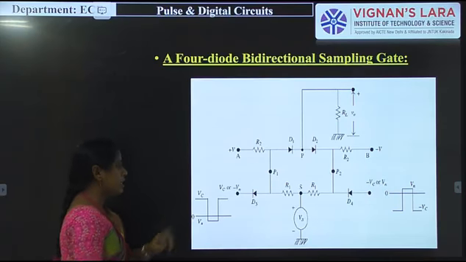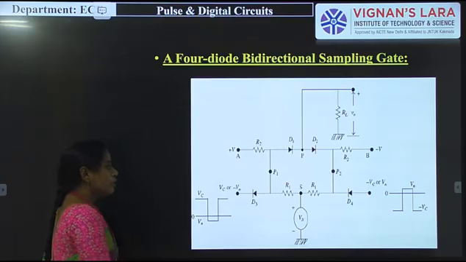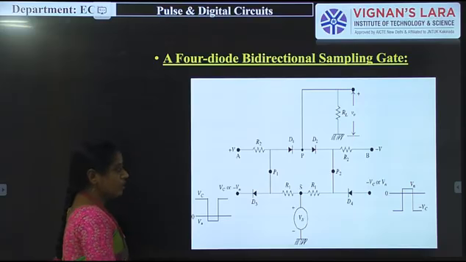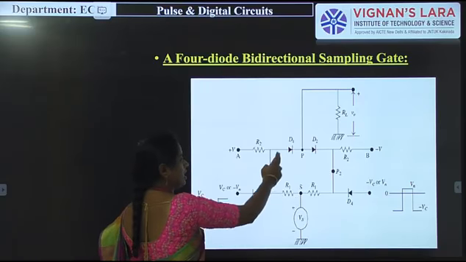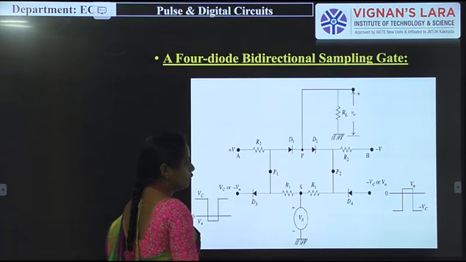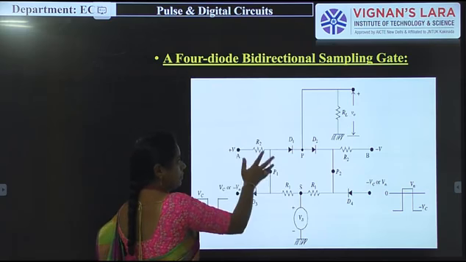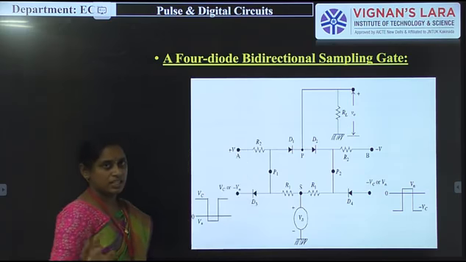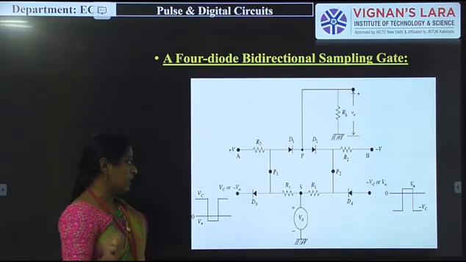So when a positive signal is applied to the diode D3, the anode voltage is less compared with the cathode voltage. That's why D3 is going to open circuit, and this one is also going to open circuit. Both are going to open circuit. So whatever the input signal, this Vs signal will reach diode D1 and D2. Here obviously A is positive, so we don't change that condition. That is a very important thing.